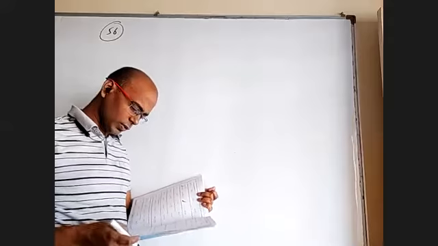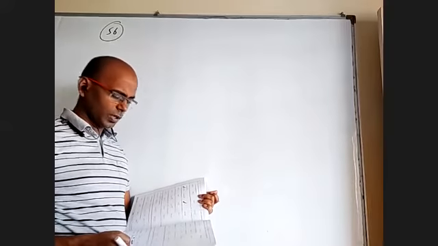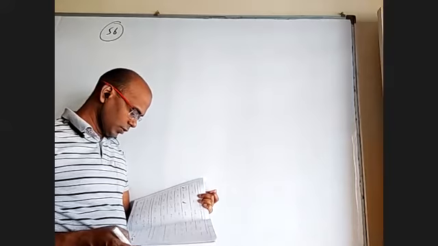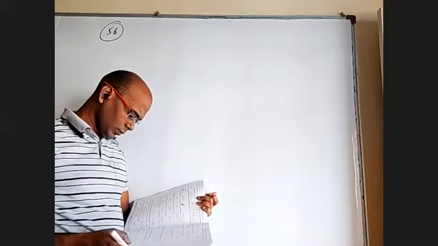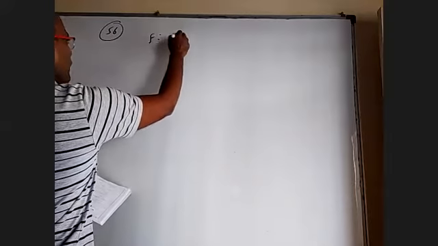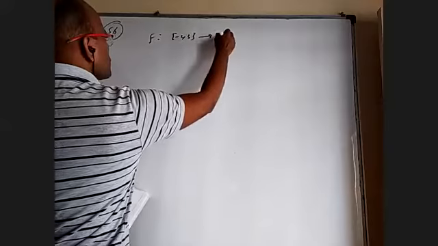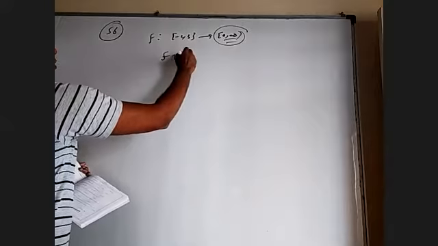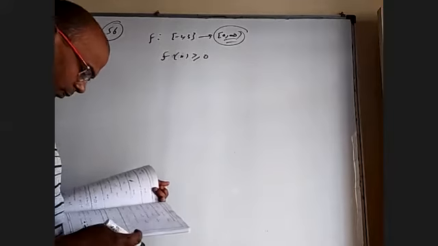Okay, 56. Between minus 2 to 3, let f be a continuous function such that f of 1 minus x equals f of x for all x between minus 2 to 3. So the graph is symmetrical about 1 by 2 then. If R1 is the numerical value of the area of the region between minus 2 to 3, and R2 is this, then okay. Basically, f is always positive because, look at the codomain, minus 2 to 3 to closed 0 to infinity. This is always positive, okay? Because f is greater than or equal to 0, you don't have to worry about the graph. It is above the x-axis. That much is clear.